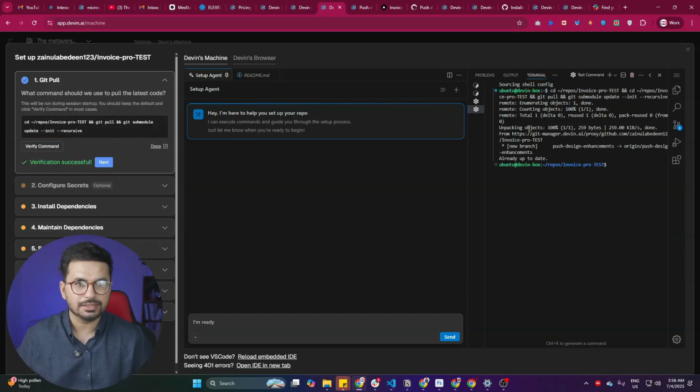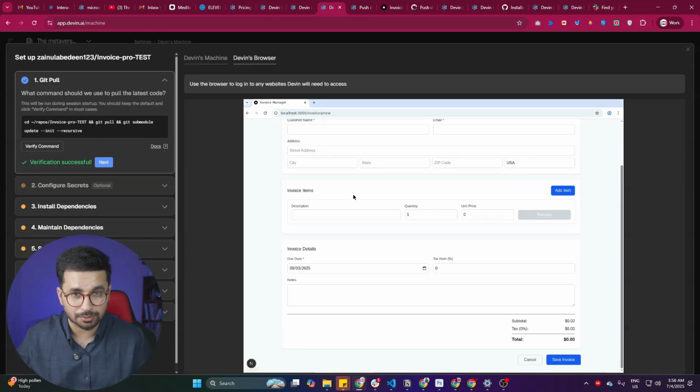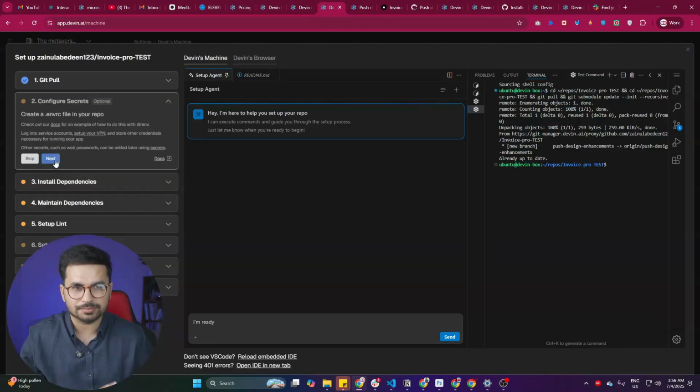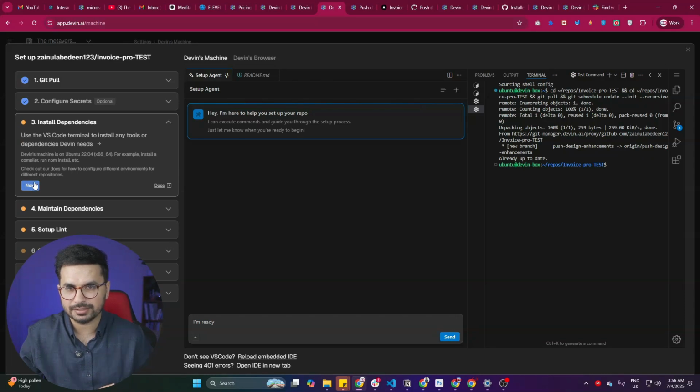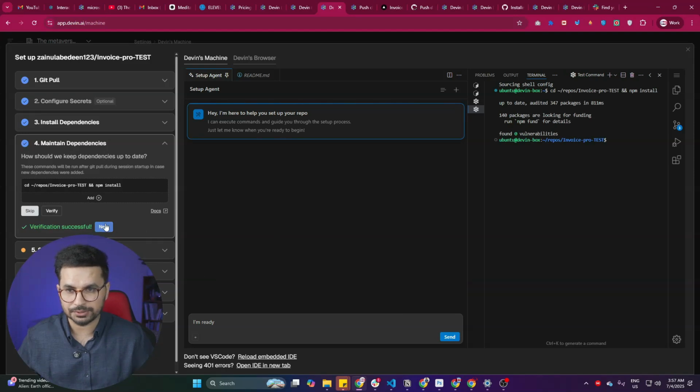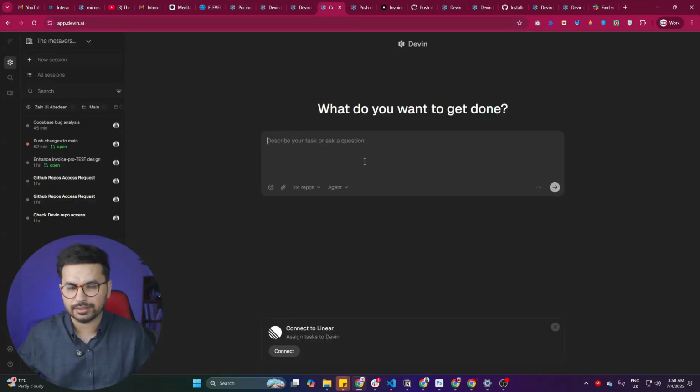After that, you can see Devin has its own terminal, its own code editor, and even its own browser. So wherever it is required, Devin can actually use its own browser as well. It's a complete autonomous AI agent that has all of its tools to act as a proper, fully AI software engineer. Right now Devin is installing all of the dependencies for our project to make sure everything is ready. Now you can directly assign any task to Devin right from the Devin dashboard,